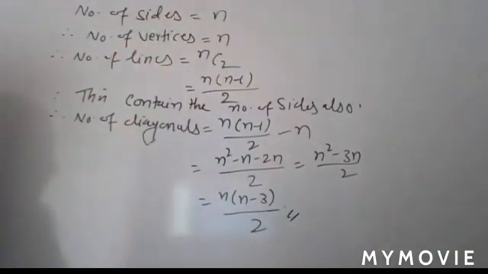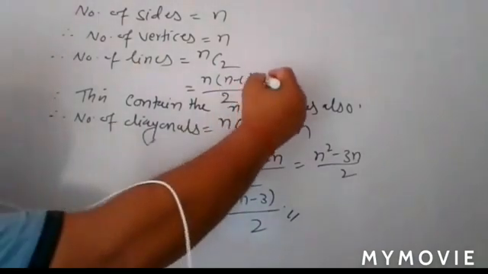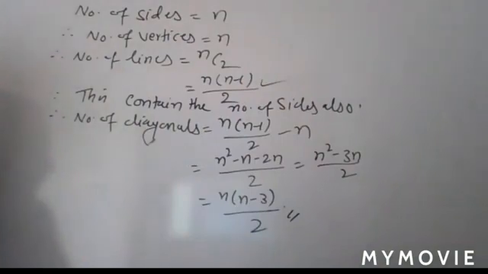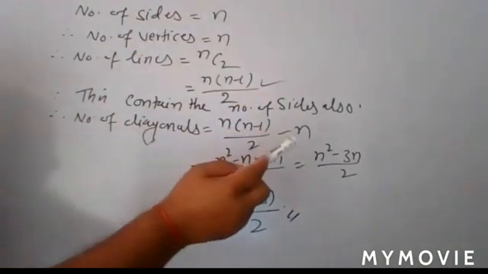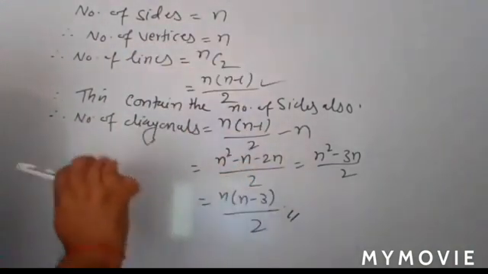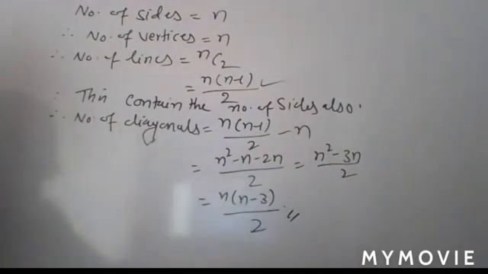You can't distinguish which one is the opposite vertex in an n-sided polygon. So first you try to find the total number of possible lines formed by joining any two vertices. Understand? That gives the total number of lines. But these lines contain the n sides of this polygon also. So you subtract it, and automatically you have the number of diagonals. Getting?